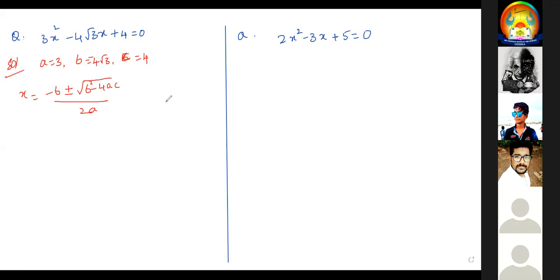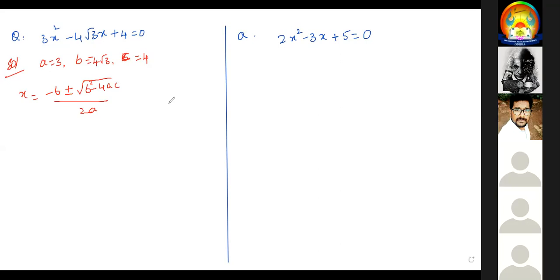Sir, no real roots. No, come on. 3 plus or minus root 31 i by 4. Someone said 2 root 3 by 3, someone said no real roots. That is not the updated version. Now it is the updated version. 3 plus root 31 i by 4, 3 minus root 31 i by 4. Yes, correct. Very good. Great crowd.